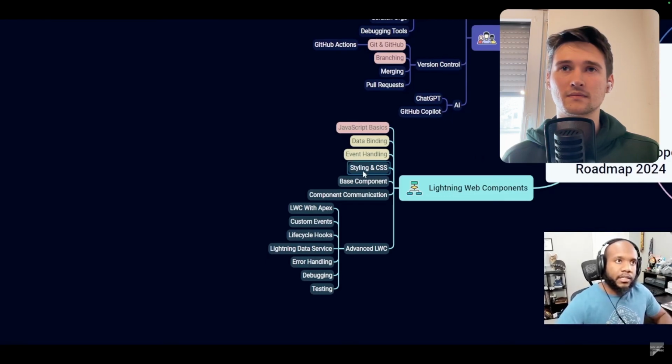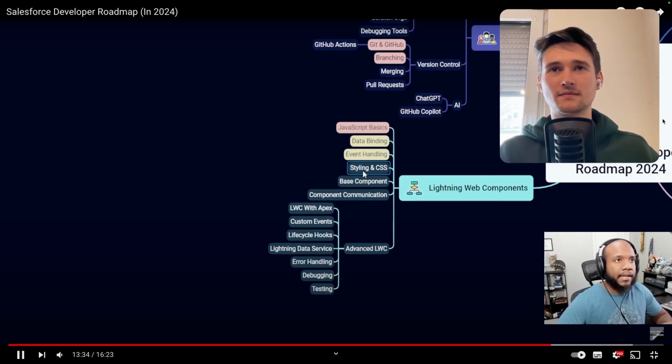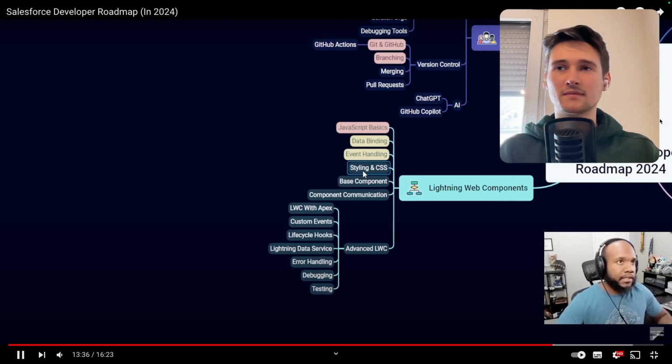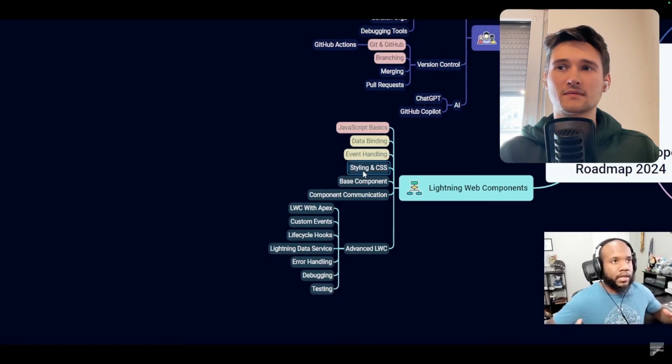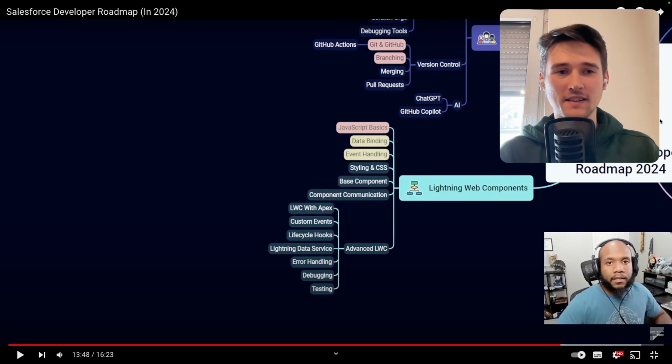Since LWC is a modern web framework, of course, you can do things like styling with CSS, and there is an existing library that Salesforce provides called SLDS, which gives you kind of like a base to start off with to make sure that your code and your designs look very similar to Salesforce. And SLDS